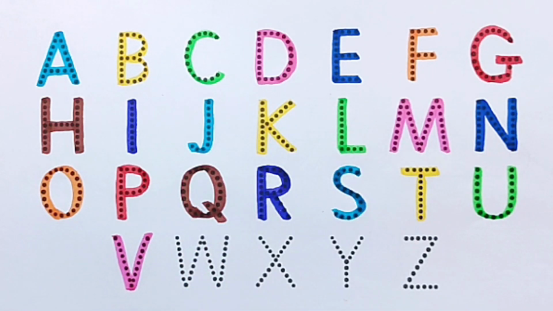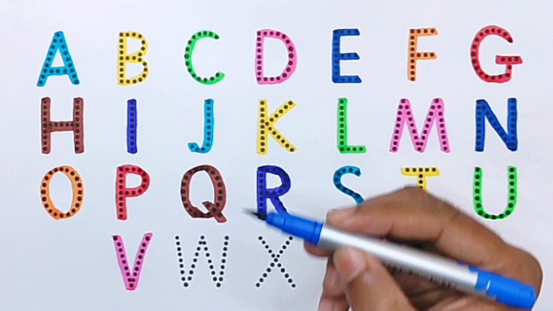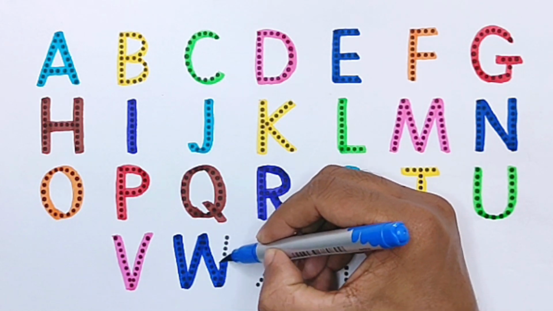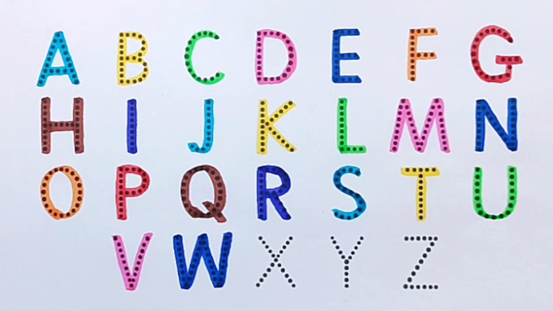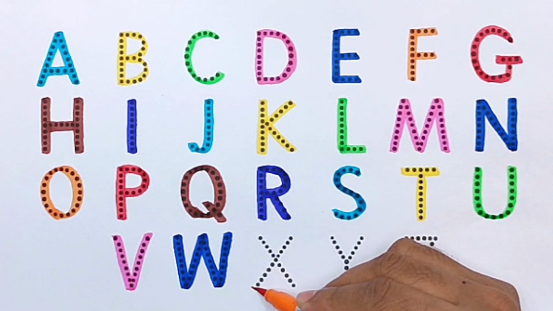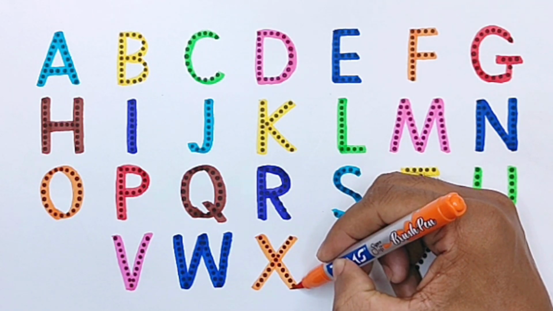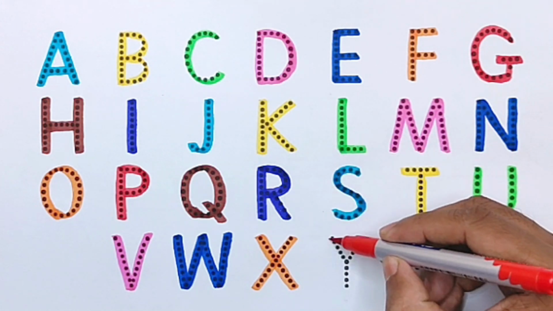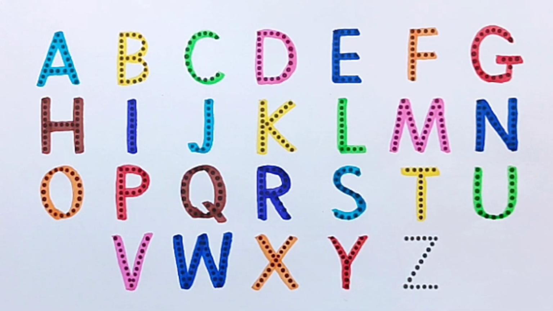V for vest, blue color. W for watermelon, orange color. X for xylophone, red color. Y for yo-yo, brown color. Z for zebra,